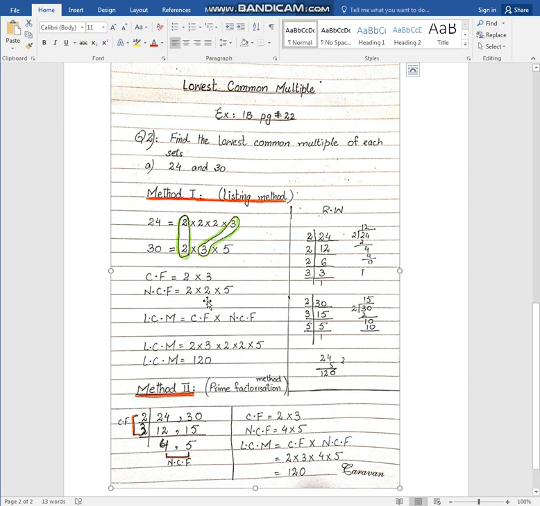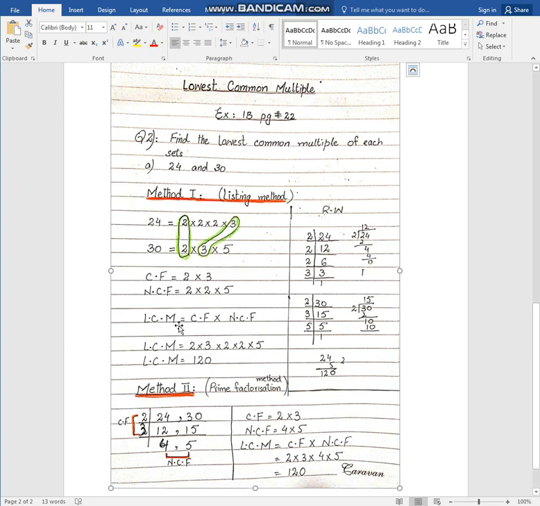ये दो और ये 5 नॉन कॉमन फैक्टर्स लिख देंगे इसको। अब देखें, एलसीएम फाइंड करने का फार्मूला हमारे पास है कि कॉमन फैक्टर्स मल्टीप्लाई बाय नॉन कॉमन फैक्टर्स। अब कॉमन फैक्टर्स हमारे पास कौन कौन से हैं? जो कि हमारे पास हैं 2 and 3। कॉमन फैक्टर्स दे आर 2 and 3 एंड नॉन कॉमन फैक्टर्स दे आर 2 मल्टीप्लाई बाय 2 मल्टीप्लाई बाय 5। ओके, we will write the common factor as it is 2 multiplied by 3 here, multiplied by non-common factor 2 multiplied by 2 multiplied by 5. We'll write as it is.